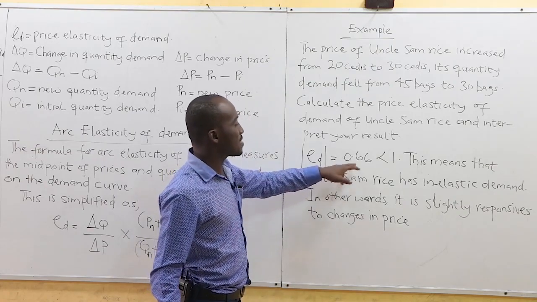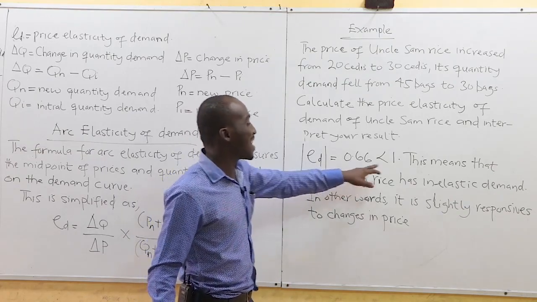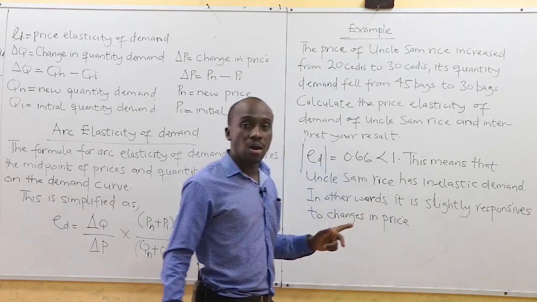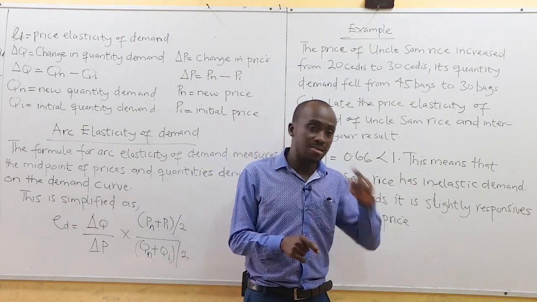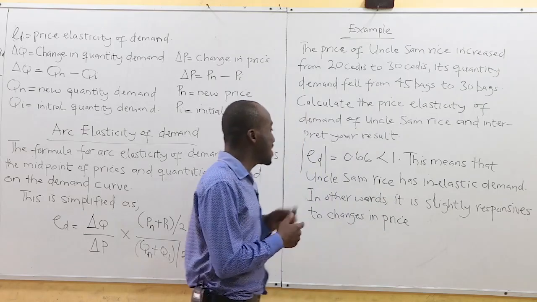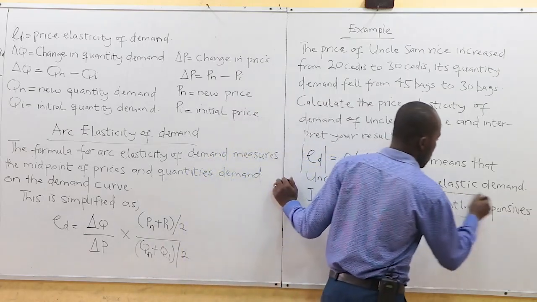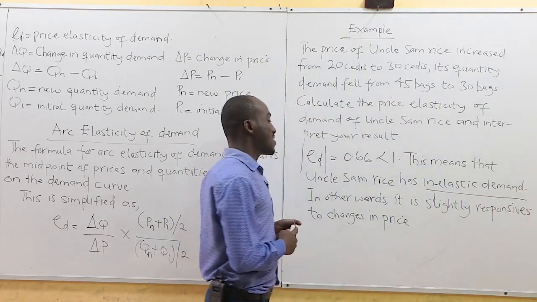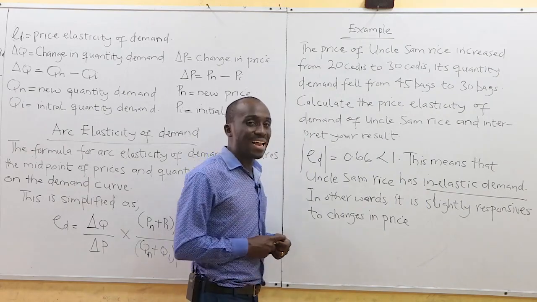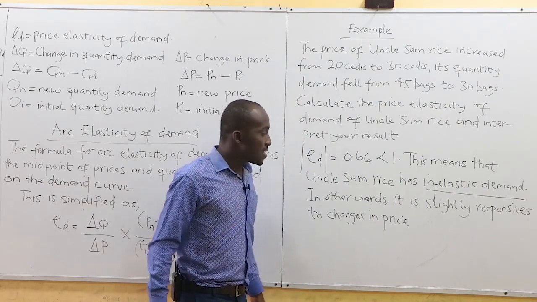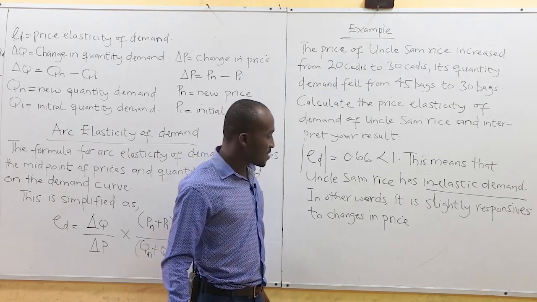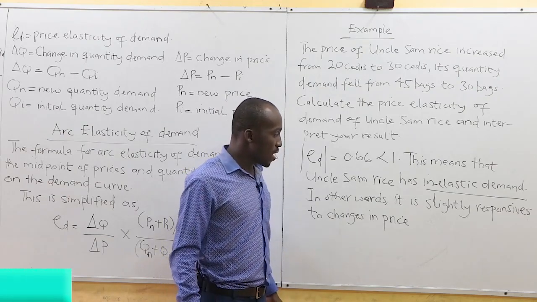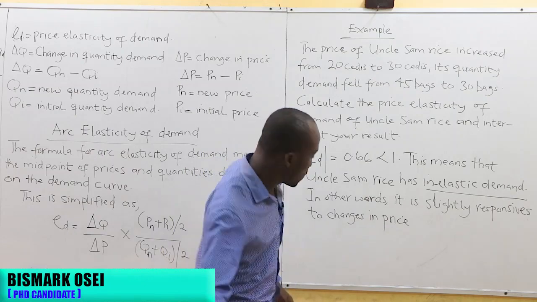We got 0.66, which means that it's less than 1. When it's less than 1, we remember I told you types of elasticity. If it's less than 1, it means what? It's inelastic. When it's less than 1, it means that the product is what? Inelastic. Inelastic means that the demand for the commodity